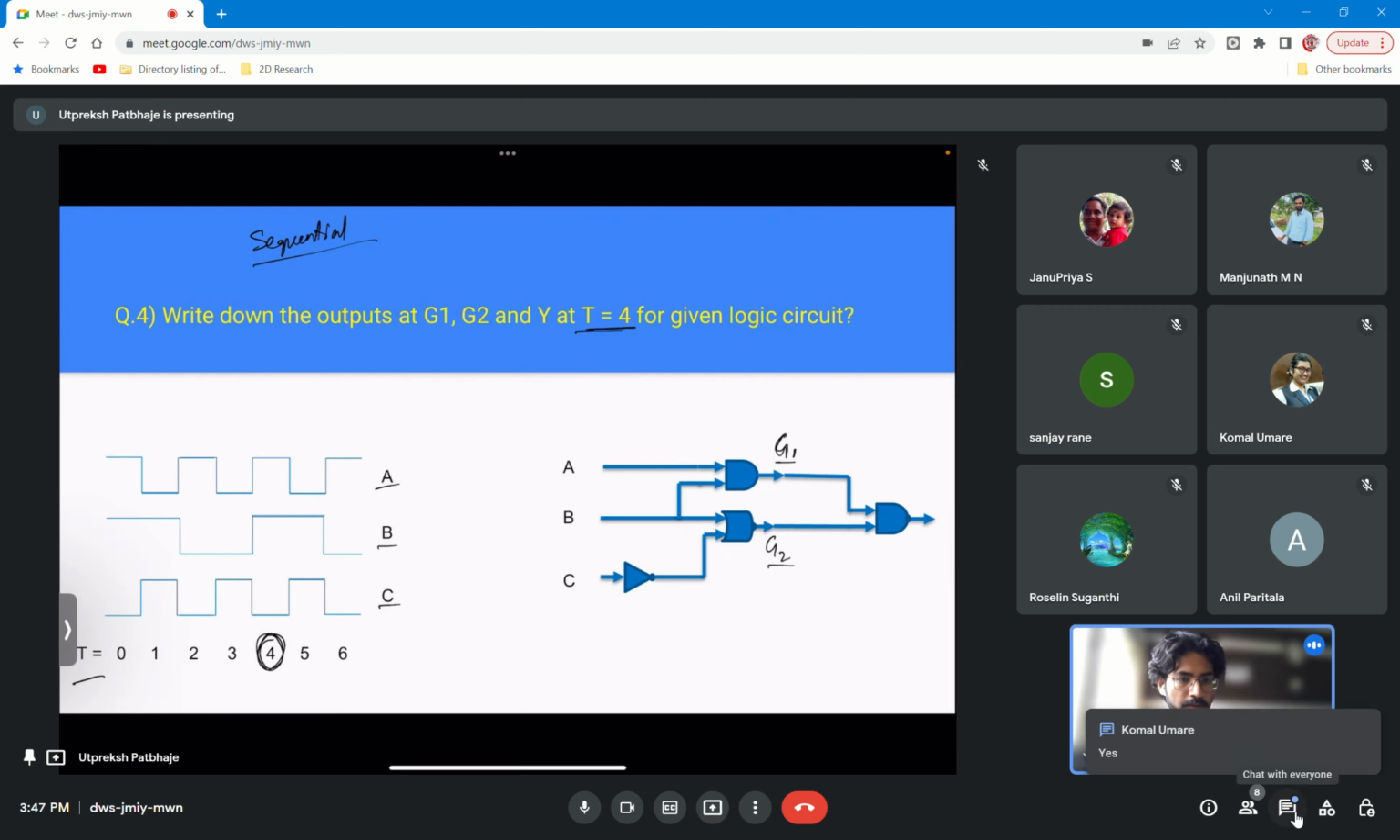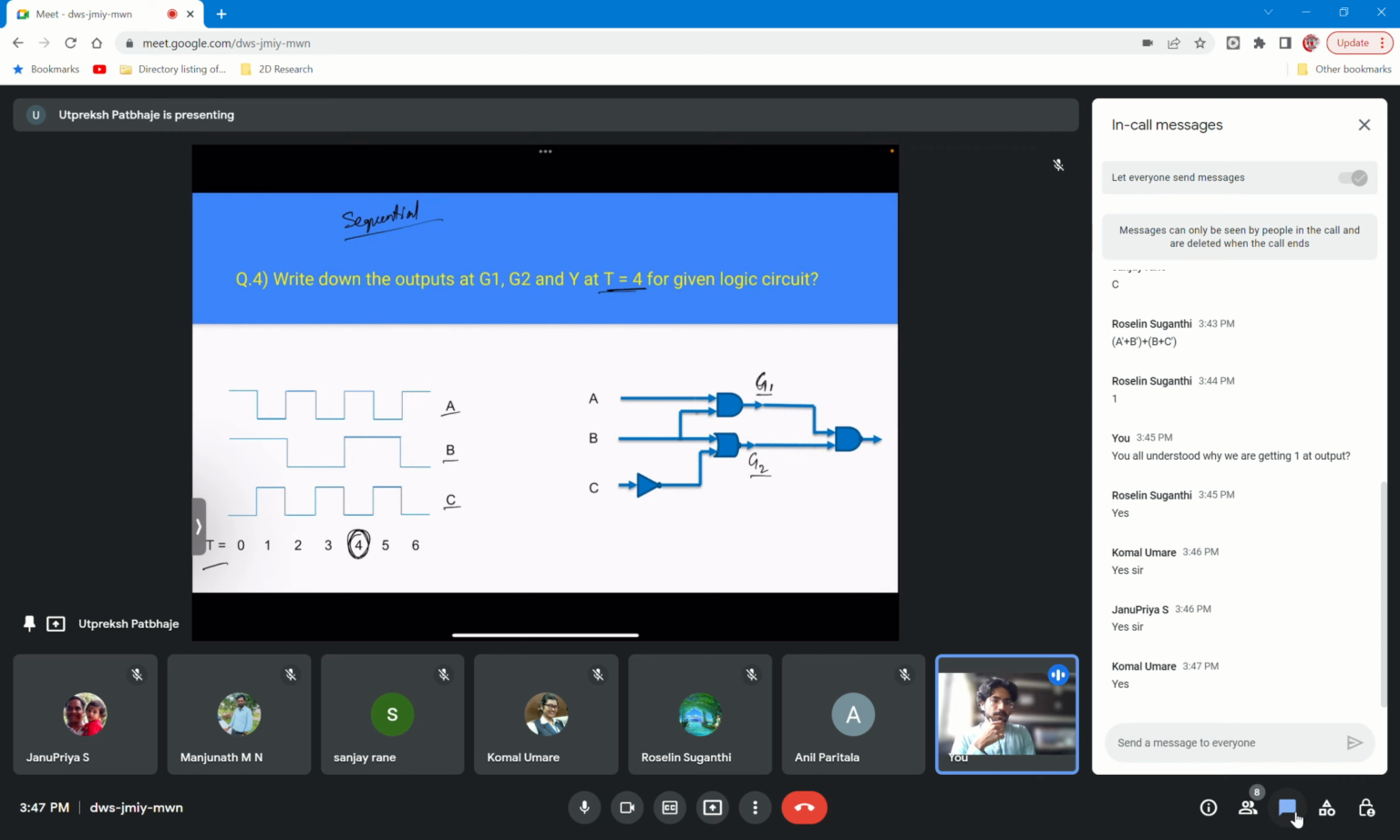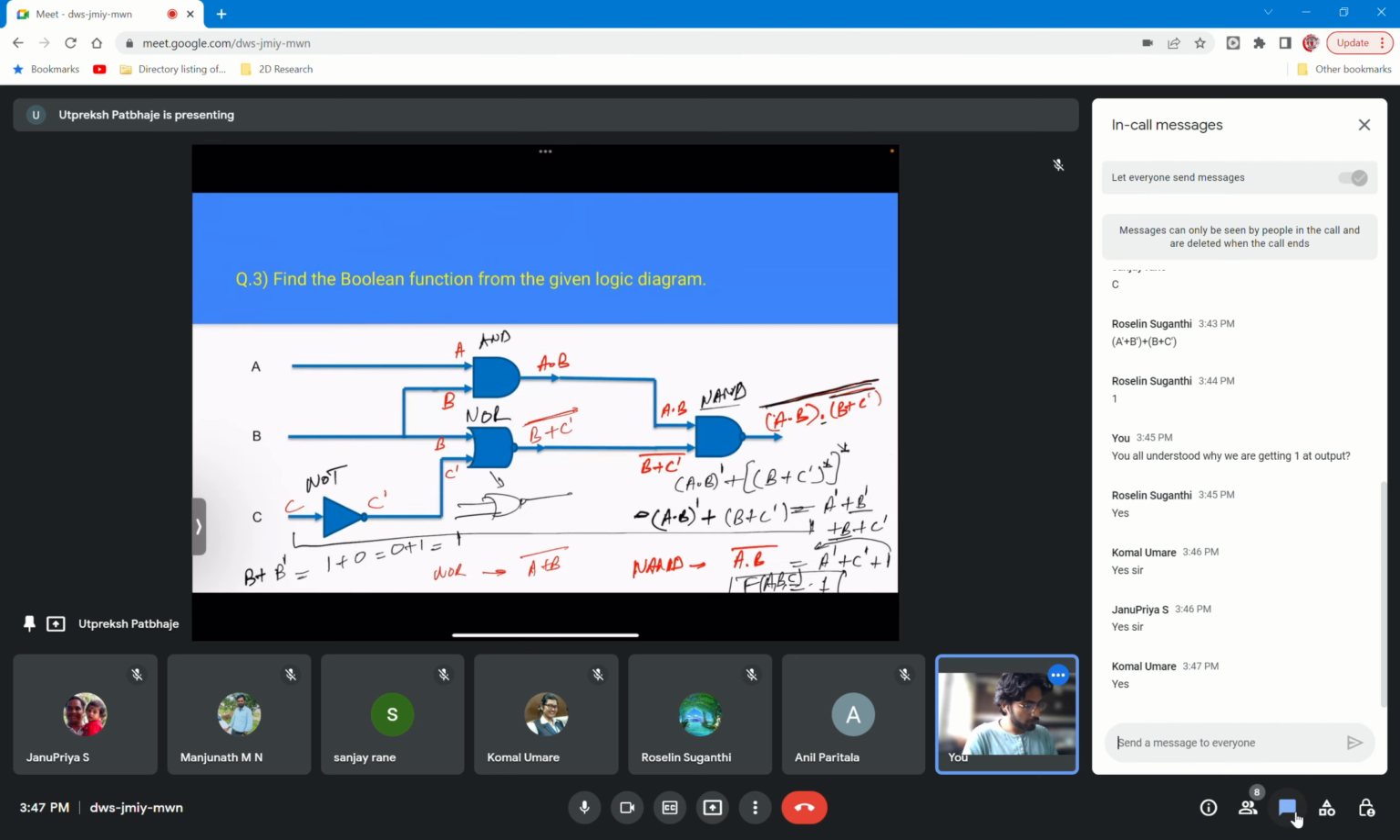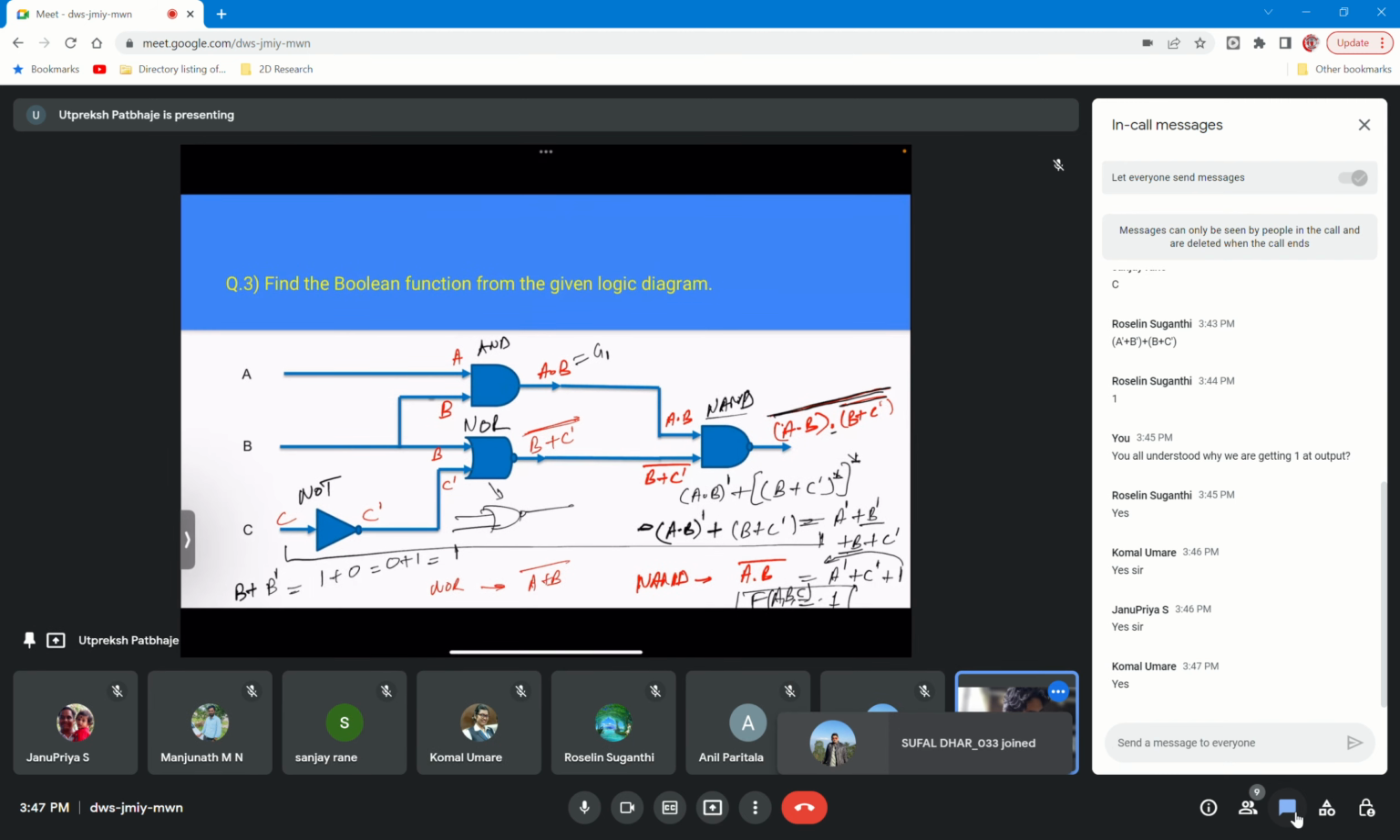Any guesses for the final answer? I hope you already know that this will be 1, because this is the previous circuit that I have just used here, and for that we have seen the output is always 1 at this output. But I am asking for the outputs at G1 and G2 at time t equal to 4. So we will go forward, and from the last question we know that A dot B is G1 and B plus C complement, whole complemented, is G2. I will pick it up from there